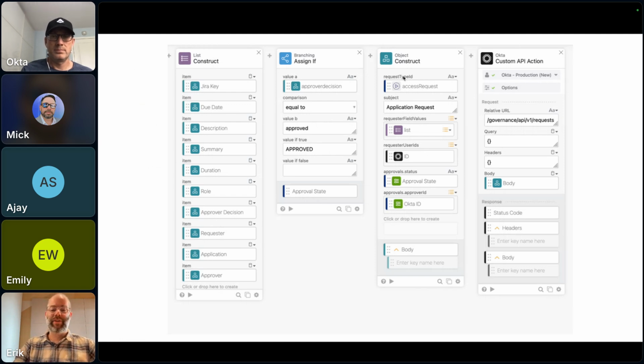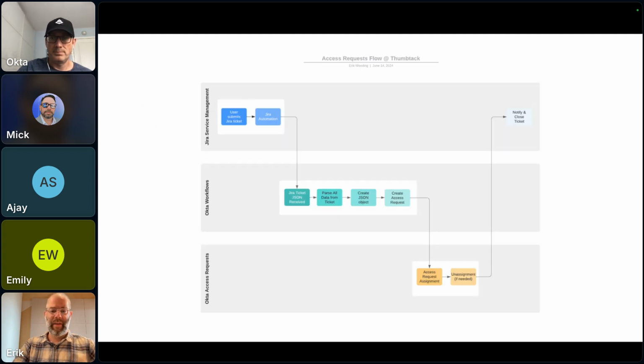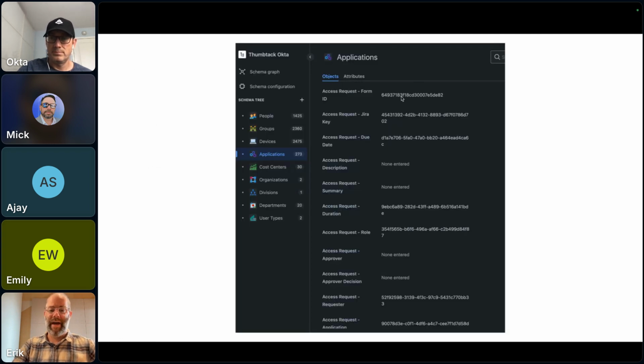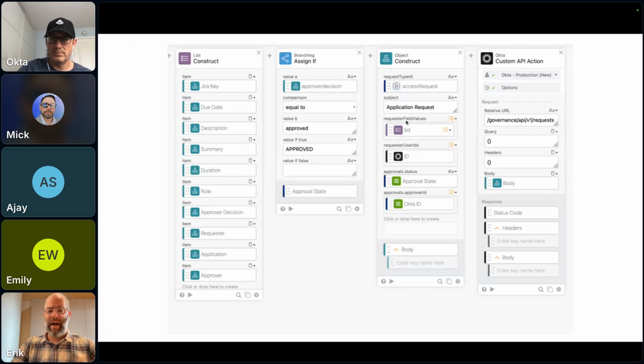And this is what we actually submit to the governance request API. So here we've got our subject, we've got our access request type ID, which is, if we come back here, this is that value, the form ID here, and the application request is consistent through all. These are our requester field values.